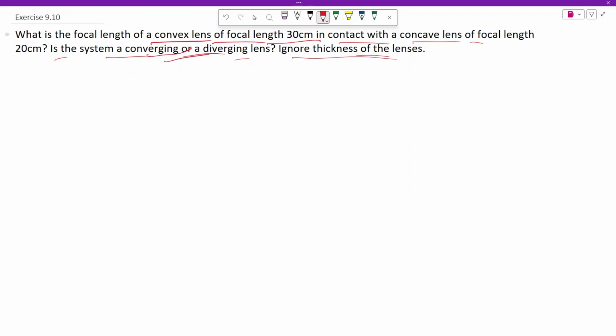Now we know that the effective focal length is given by 1/f effective = 1/f1 + 1/f2 + so on. Here we have been given only two lenses, so we will take f1 and f2 only. Now here f1 in the case of the convex lens is positive and f2 in the case of the concave lens is always negative. So let us calculate the value of f effective, and that is going to be equal to